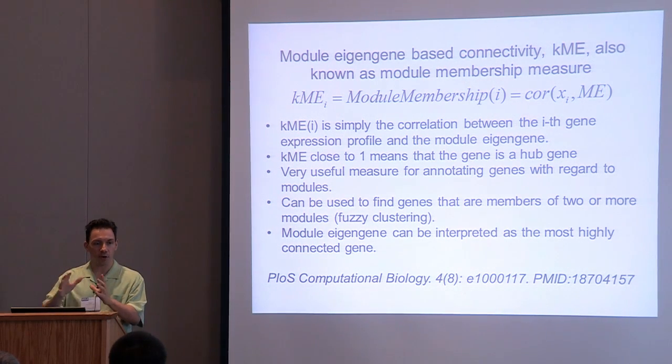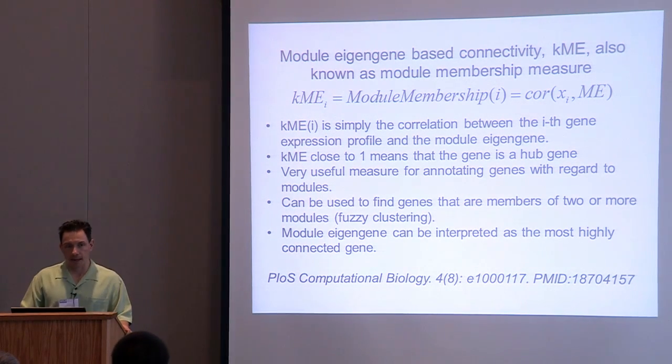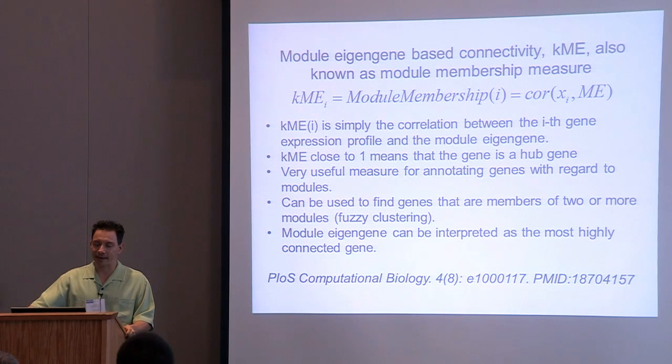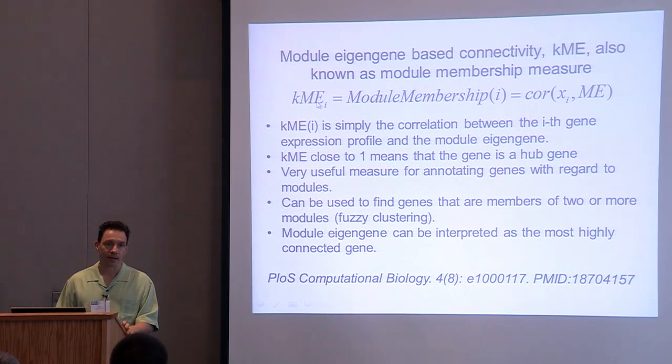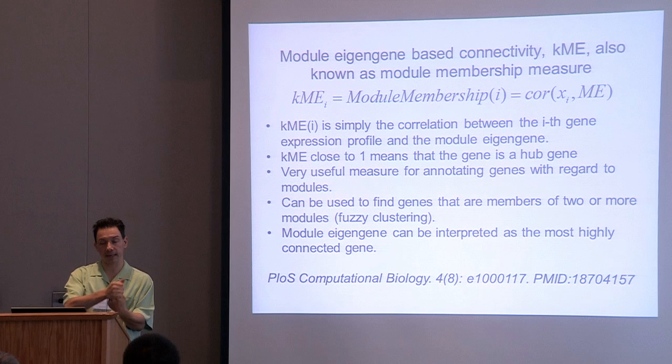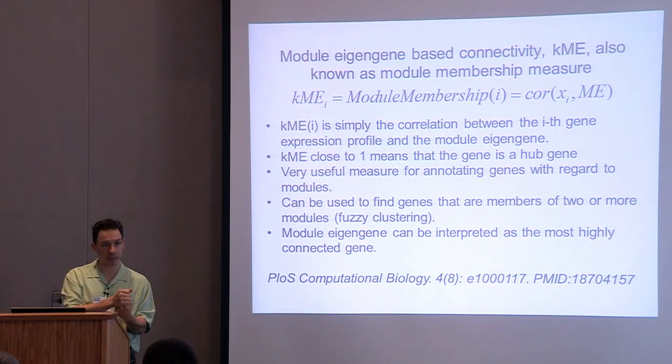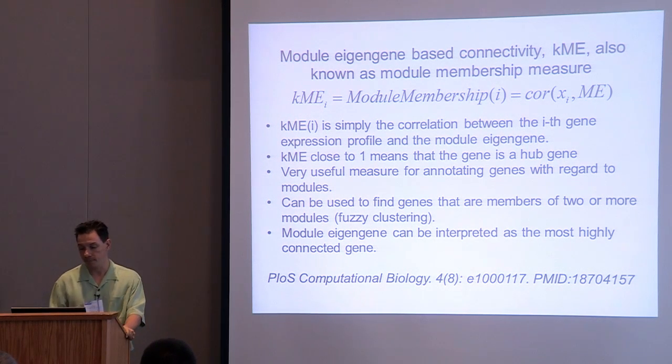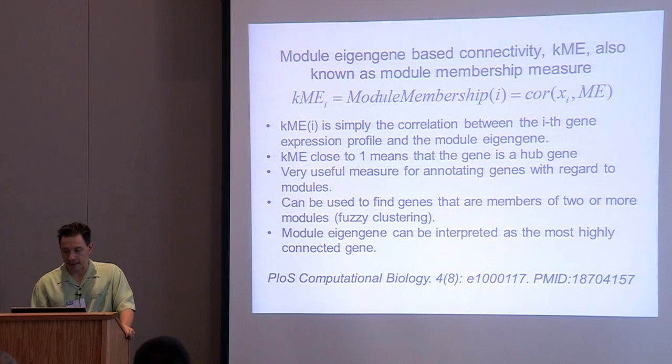When you define modules as branches, then yes, clearly a gene can only land in one branch. However, we actually don't ever look at the color labels. We look at KME, right? And so the answer is, of course, a gene can have high KME with respect to multiple modules, you know. All right,